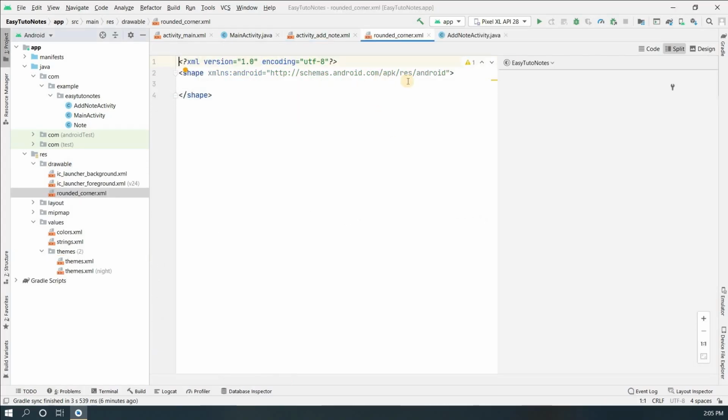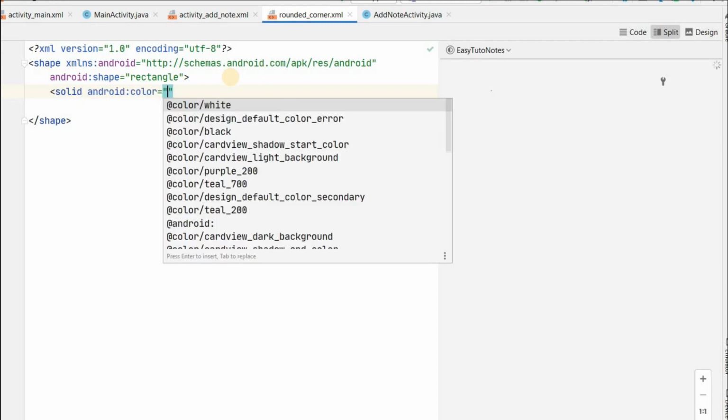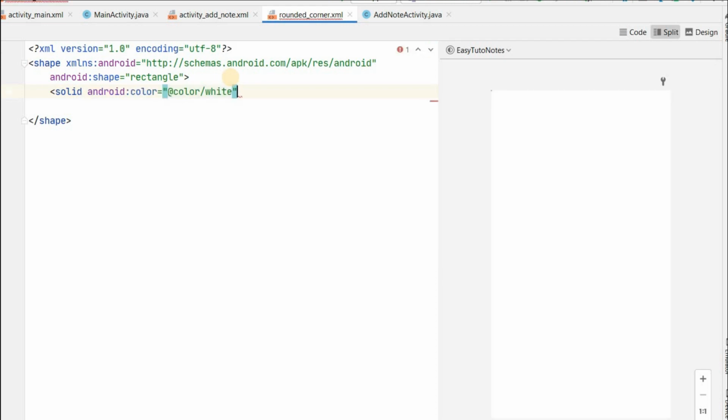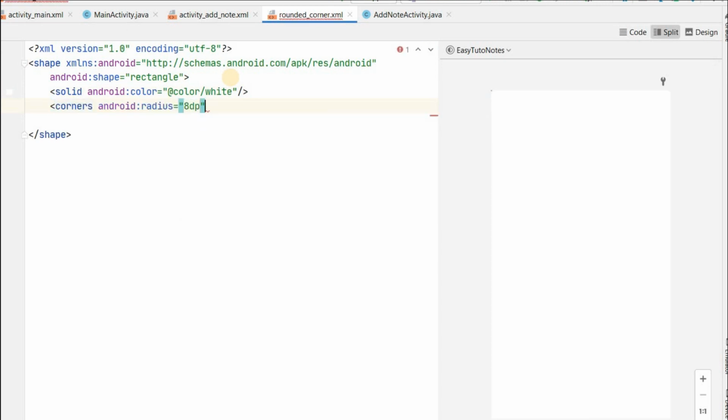So it will create a shape which will be our rectangle shape. We will set the color, solid android color will be white, and we will set the corners, radius about 8 dp. So we have this rounded corner over here about 8 dp, and the background color is white. So we will set this as a background for linear layout.